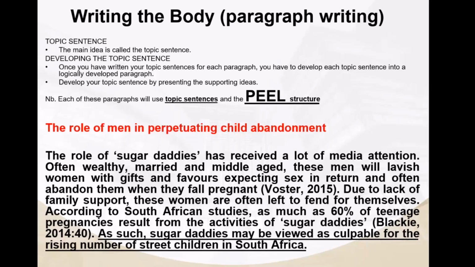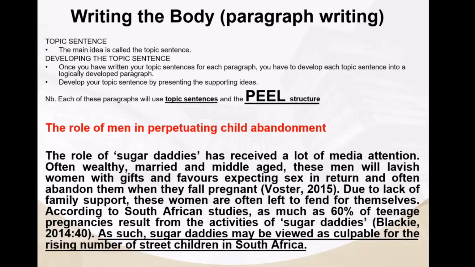And it ends with a, of course, it uses PIL structure. You see PIL right in the middle, right at the top above child abandonment. It starts with a P, which is the main point, and then it explains it, and then it provides evidence to support the claim that the child abandonment is actually perpetuated by sugar daddies, and the last sentence is the link is underlined. In other words, it actually